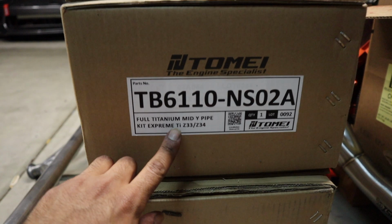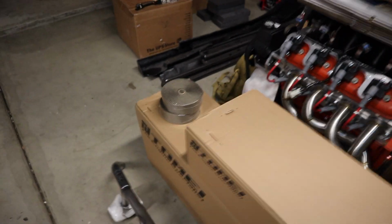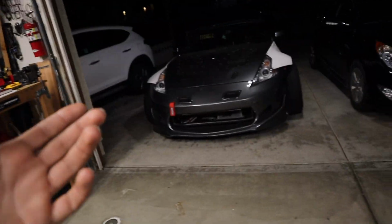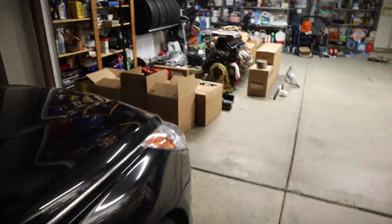And what's super dope about this, guys, is the Y pipe fits the 350Zs and the 370Zs, so it's the same. The exhaust though, I specifically wanted a 350Z version and not the 370Z, and the reason being is the 350Z one actually hangs a lot higher. So for my car being low, like look at this, I eat a lot of tire and I rub around a lot, so for me to have a system,